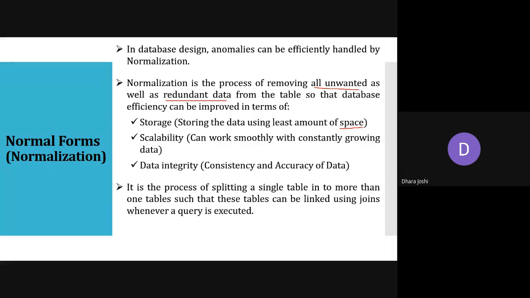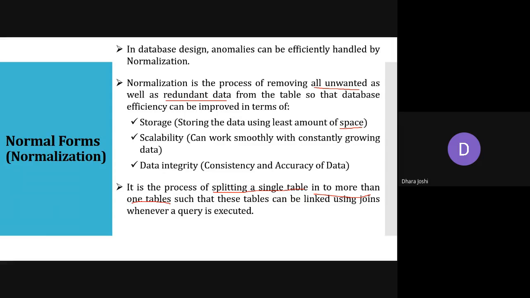So normalization is the process of splitting a single table. Remember this, splitting a single table into more than one table such that these tables can be linked using joins whenever a query is executed. What does it mean? If I'm having just one table, I can make different tables out of that one table.